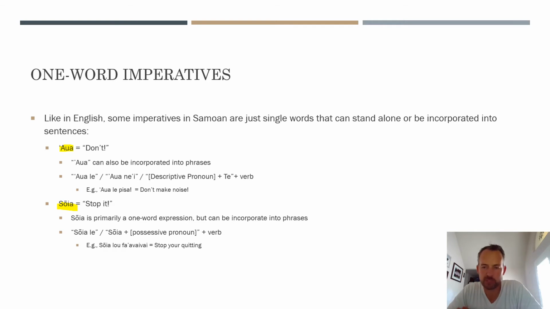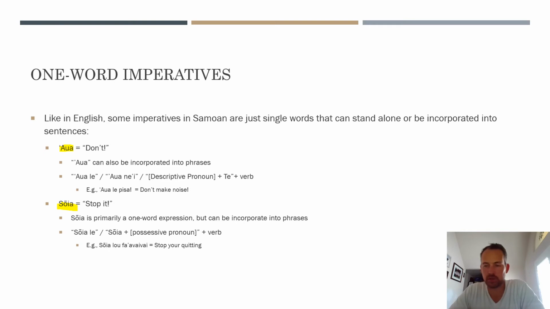households with Samoan speaking parents, and maybe you didn't necessarily pick up the language fully, you probably know these two words. Growing up in any household, you'd probably learn their equivalents in whatever language you speak, just because kids are kids. So awa is the first one. Awa is don't. And again, it's not really quite a verb. That's why I'm introducing it as a single word imperative, because it can stand alone.